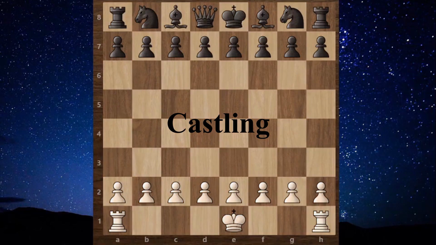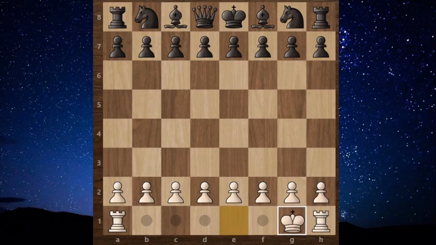Additionally, there is one special move called castling, which allows the movement of the rook and the king at the same time in a single turn. To make castling, king moves 2 squares towards the rook and rook jumps to the other side. In the game, you can go for kingside castle or queenside castle, also known as short and long castle.